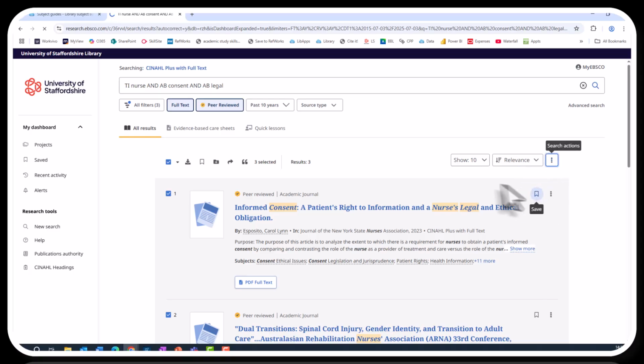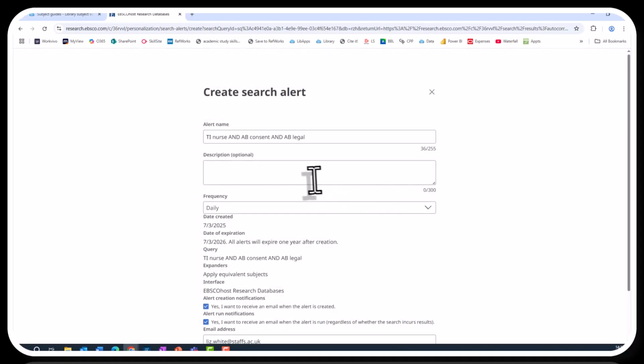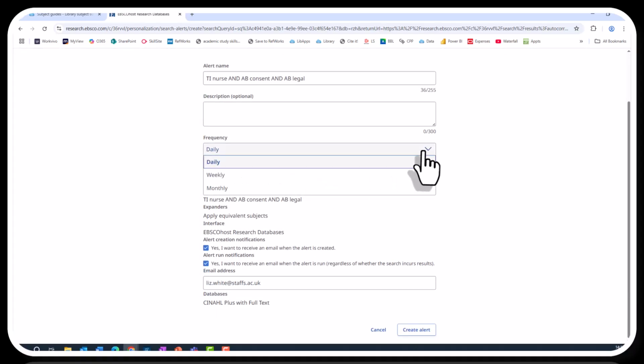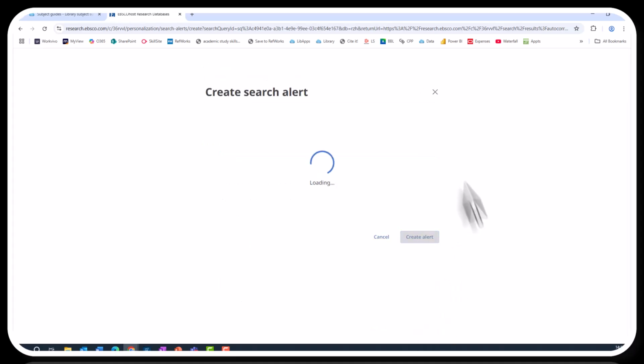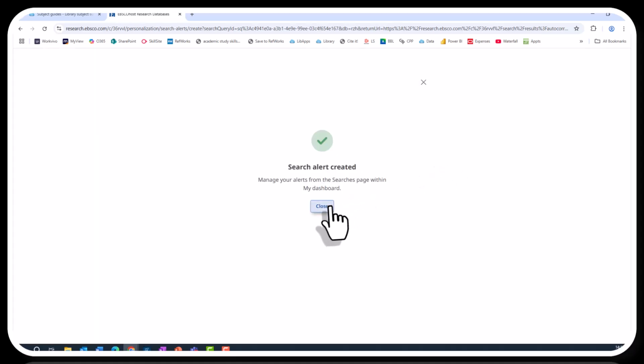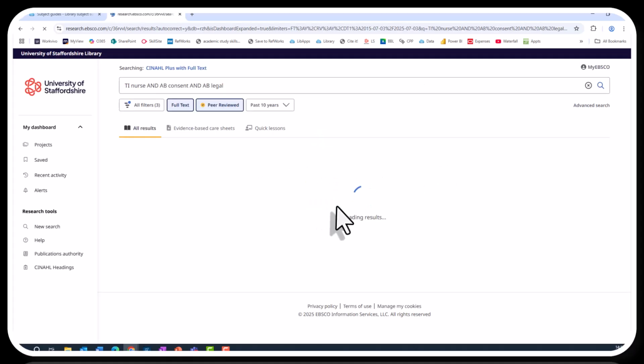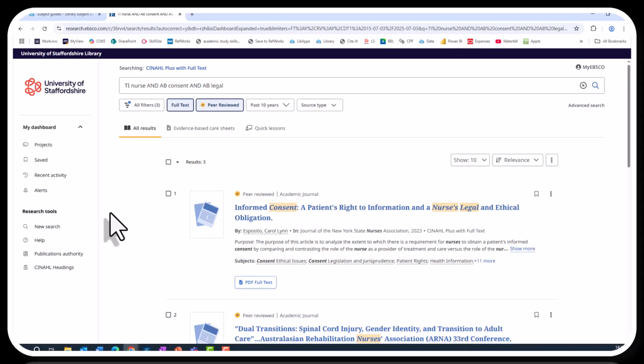If we create an alert, it will then give us an opportunity to select how often we would like an email alert every time there are new results on this search. So setting that up, I will now receive a weekly email telling me how many results there are. And if this number goes up, then of course I've got new things that I can explore for my project. I can also save the search